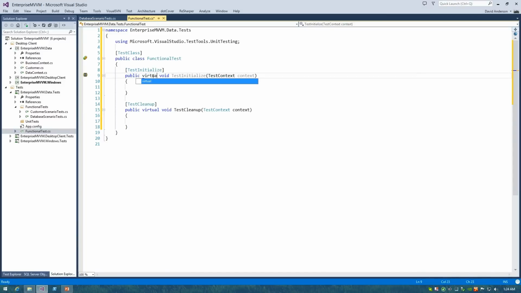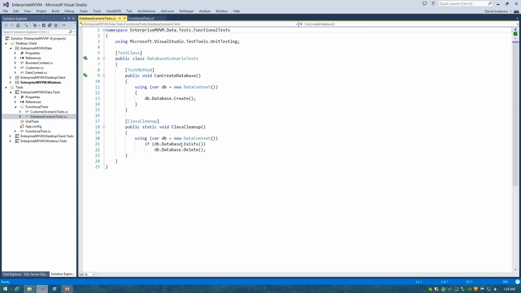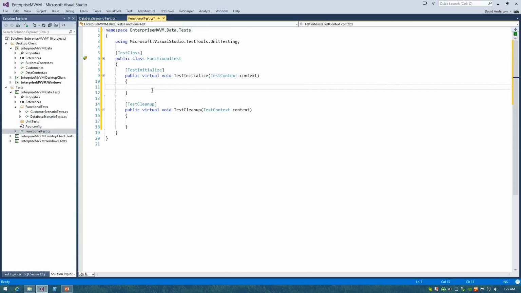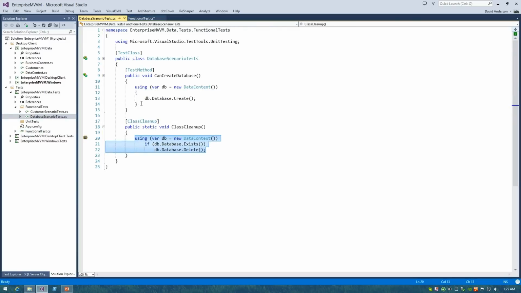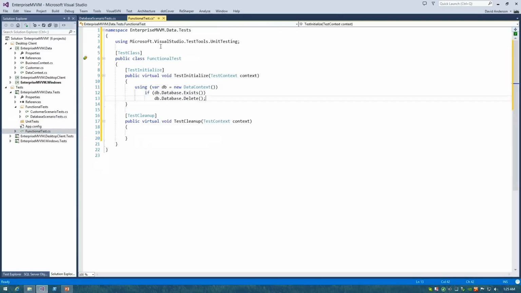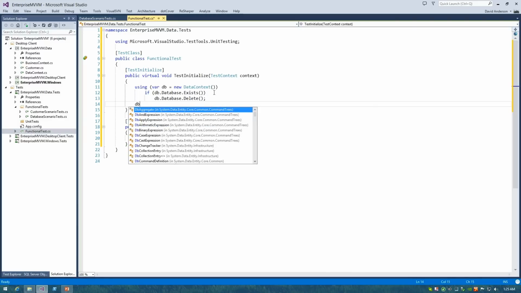And I believe to make these just virtual, and they don't need to be static because they'll be instantiated with the class when the test runner runs. And what we'll do is we'll take this code here and we'll say when we run a test, just to make sure, because tests can fail, check if the database exists, and if it does, delete it. And then once we've done that,